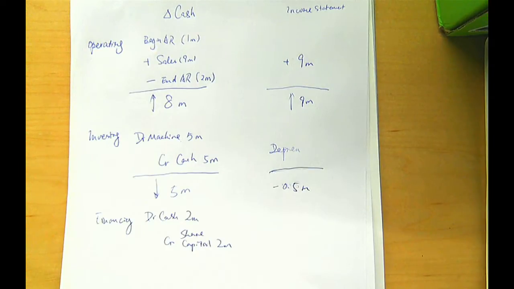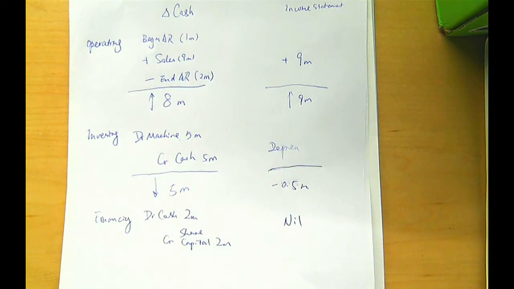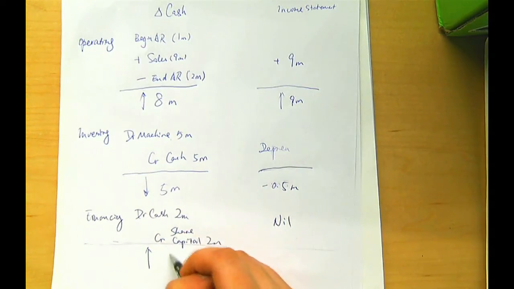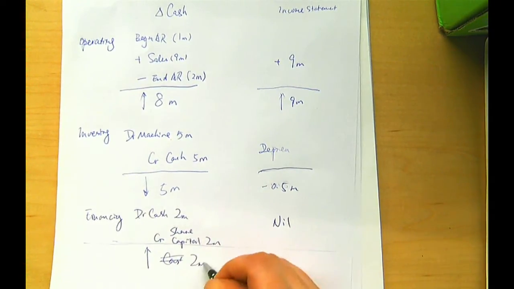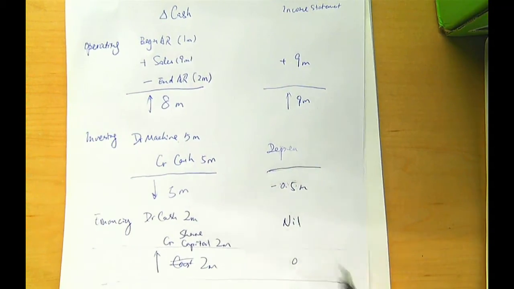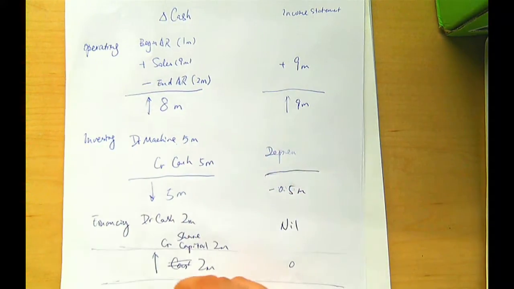What about dividend? Does dividend influence the income statement? No, it influences changes in owner's equity, right? So even if this business pays dividend, it has no influence on the business income statement. So this leads to an increase in cash of $2 million, and the income statement has nothing changed. So the net effect of changes in cash, in this case, is